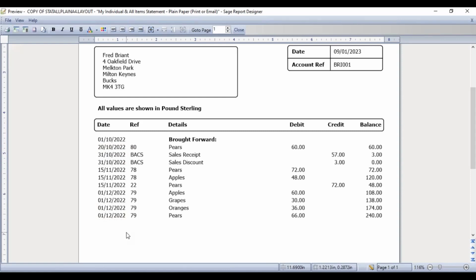Currently, I have two different transactions dated the 15th of November. I have reference 78 appearing before reference 22. So if I'd rather these displayed in reference order within each date, I can add a second sort to the layout. So back in Report Designer,